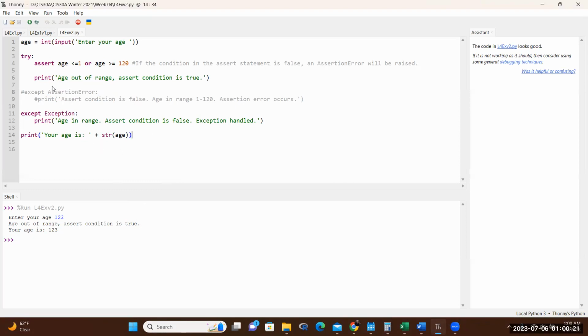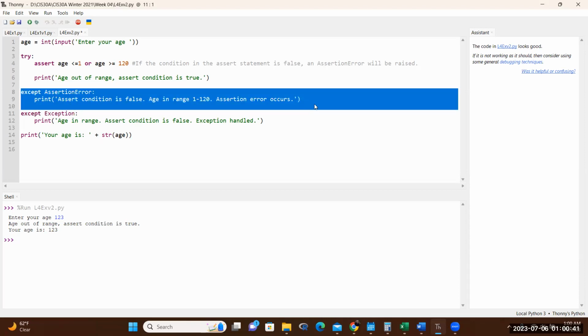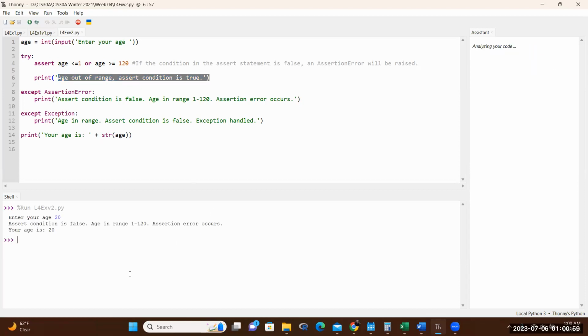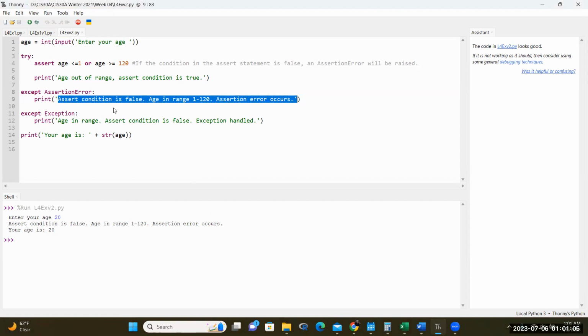So for the program itself, you only have to use the assertion error for exercise number 1. But if you want to use exception, you can. Just know the difference. Now, in the case that you are using both, you're going to see that it's going to stop here. So if we run this program and we use 130, it's going to go here. The condition is true. If we run the program again and we use 20, it's going to actually hit the except, and it's only going to show the assertion error